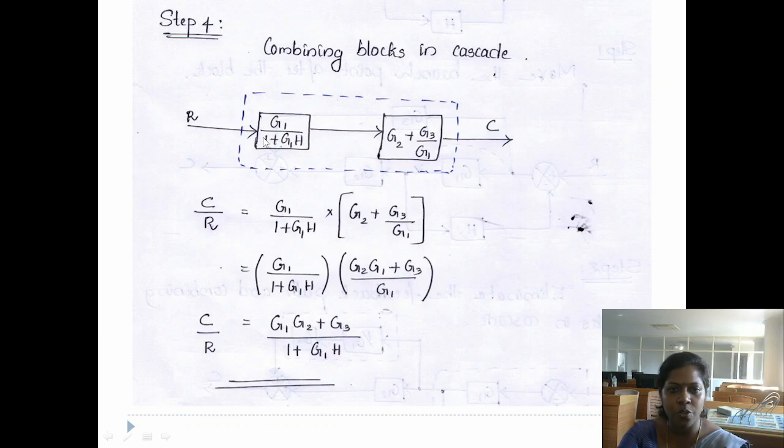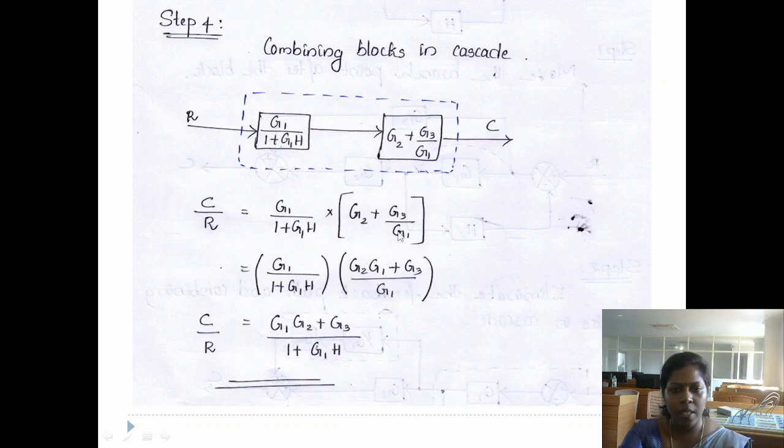Now we got two blocks in series or cascade. What do you have to do for combining these two blocks? You have to multiply these two blocks, G1 divided by 1 plus G1 into H, and multiply with G2 plus G3 divided by G1. So here we multiplied these two blocks. Then we got the overall transfer function, C divided by R, equal to